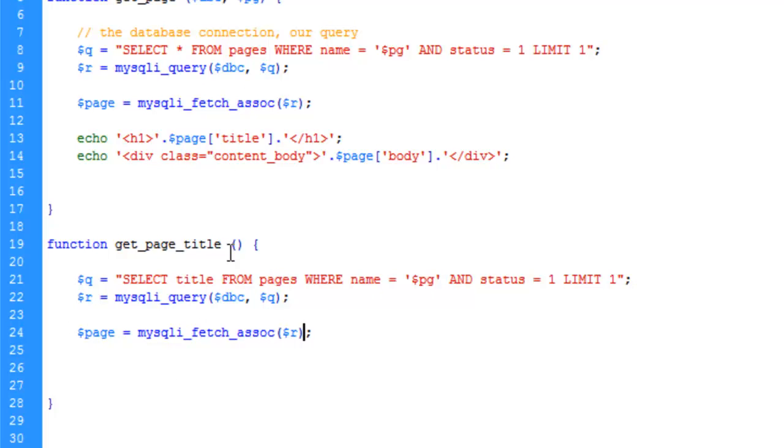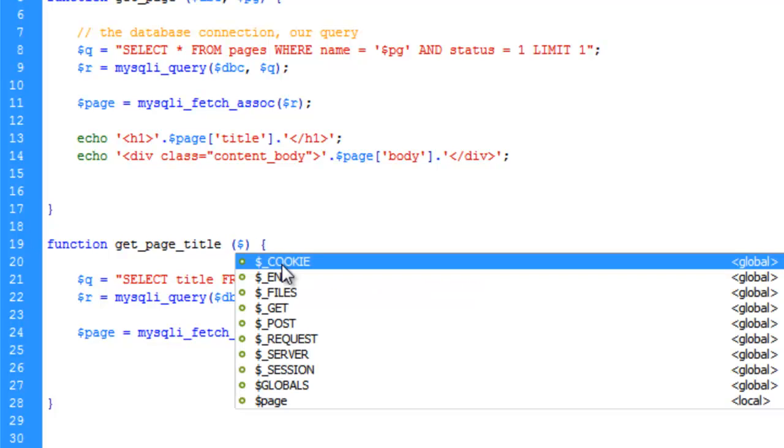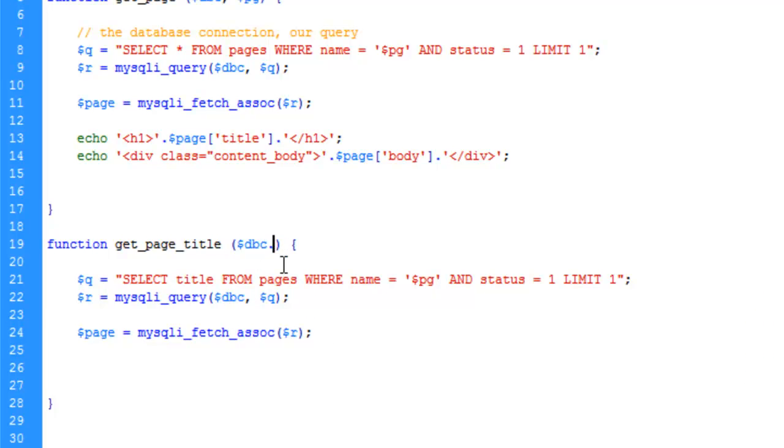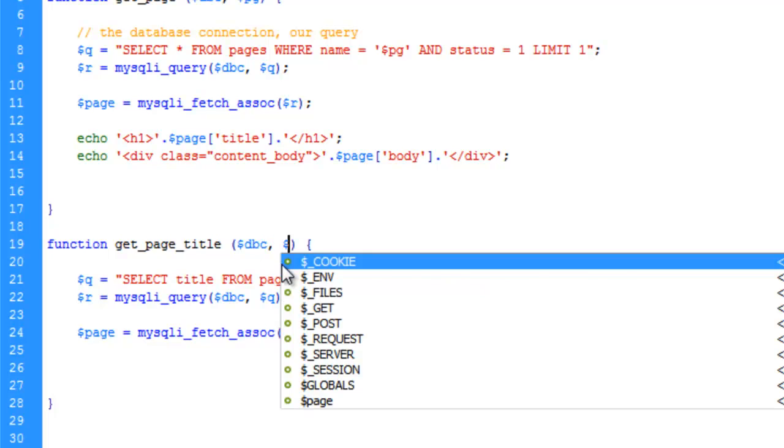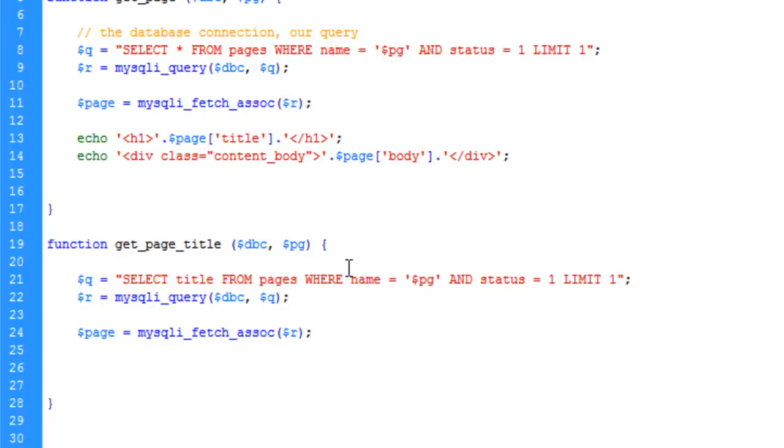We need to pass these variables, these parameters here, dbc and pg, so we know what page we're getting. But all we want right now is the page title. So we're still going to run this fetch assoc, even though it's only going to come back with one value or one key, and that is the title. And what we're going to do this time